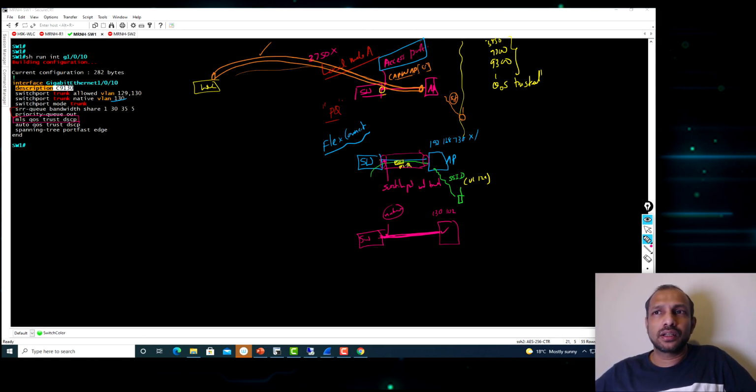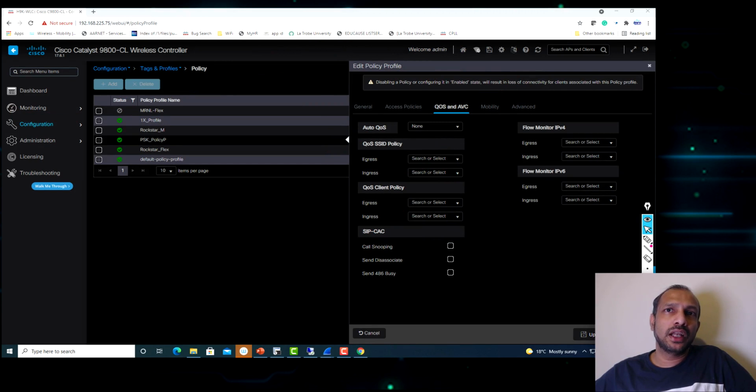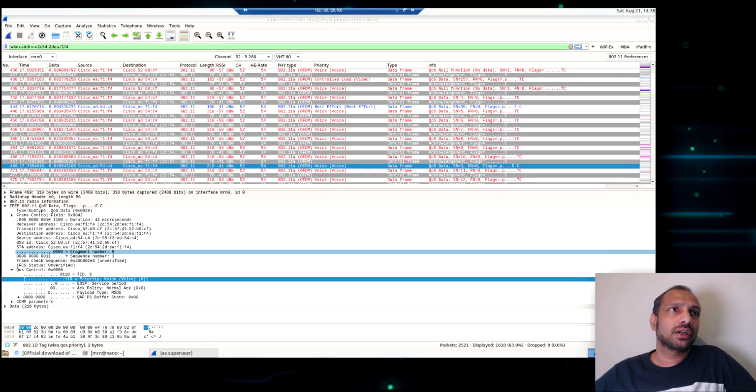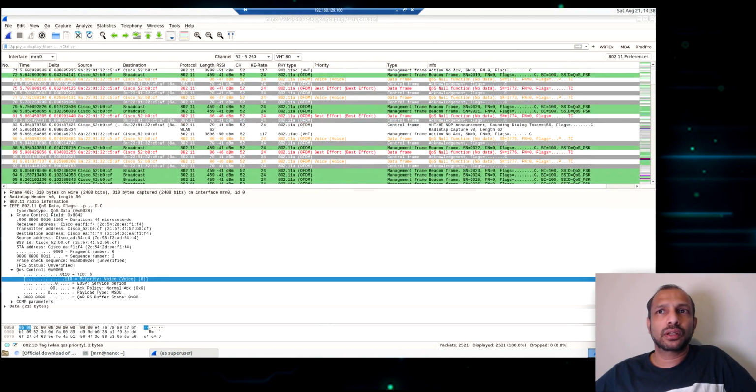Okay. So the other thing you need to remember is we haven't really applied any QoS policies, anything like that. Still remember, this is left at the no auto QoS value. Okay, so before we go and apply some auto QoS value suitable for this kind of voice deployment, let me show, if you go to the over the air capture and I filter this out, you should see the beacon frame and all other things.